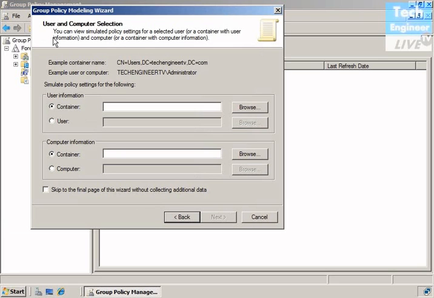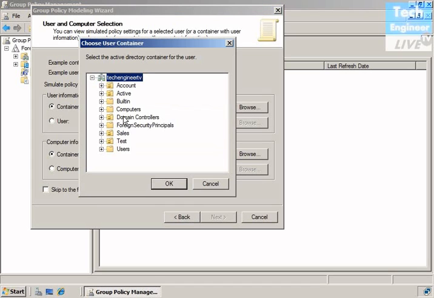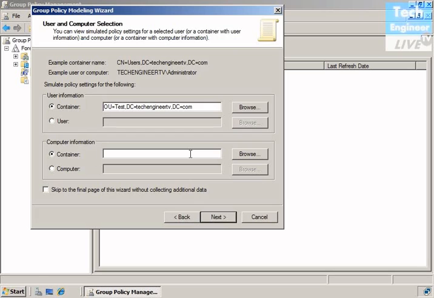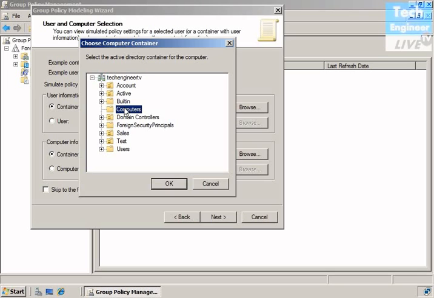Now user and computer selections. You can simulate policy settings for a selected user and a computer, meaning you can select a particular user, or for example, if you are using a container OU or a particular user, for example, I'm going to a container and for example test. Or a particular computer, for example, you have computers,